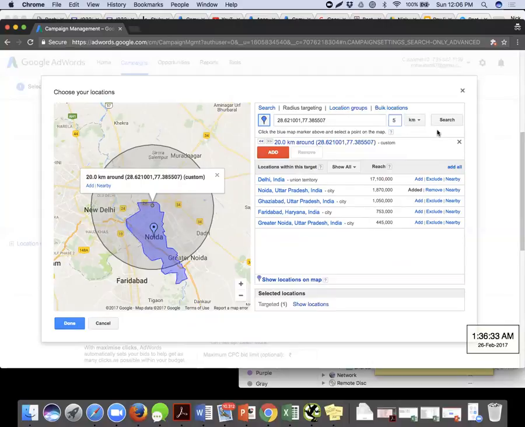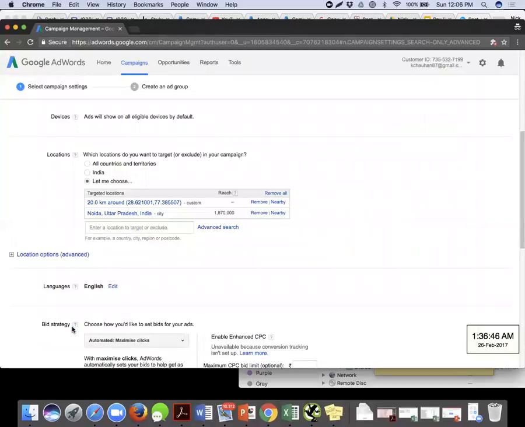Okay, I forgot. Sorry. Instead of search, click on add. This is the mistake we made last time. Click on the add button. I'm so sorry, that was my mistake. Then click on done. Okay, now it's been done. Last time we didn't click on add. That was my mistake. Alright, so that's how.